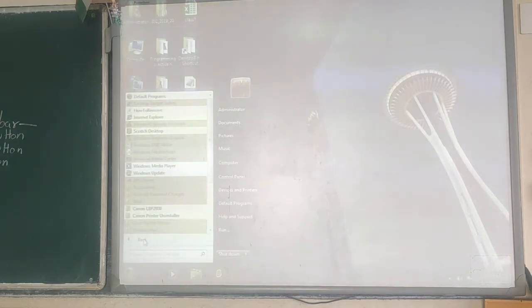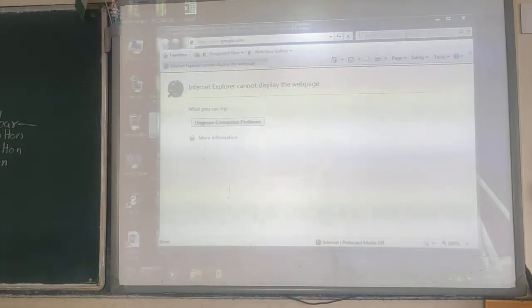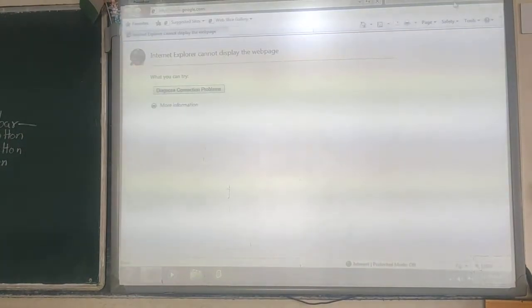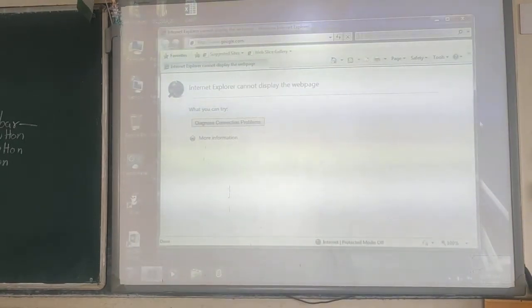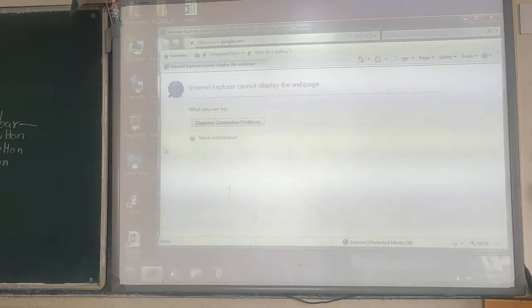Now, as you can see, I have clicked on all programs, and from the program list you have to click on Internet Explorer. So I have clicked Internet Explorer, and this is how your Internet Explorer window is displayed.